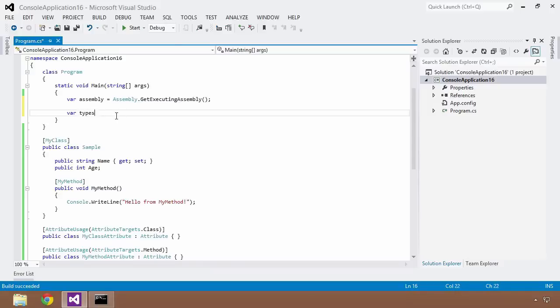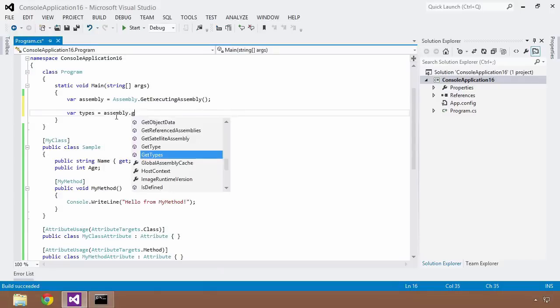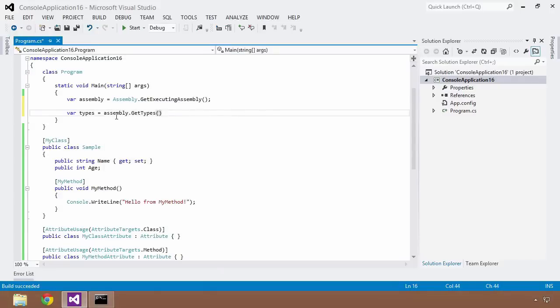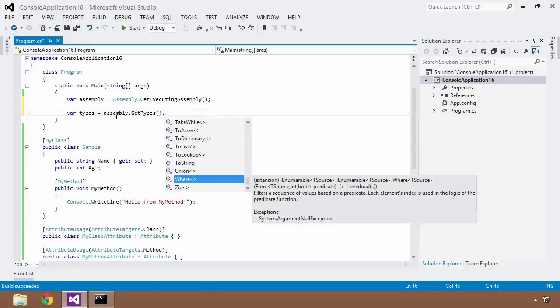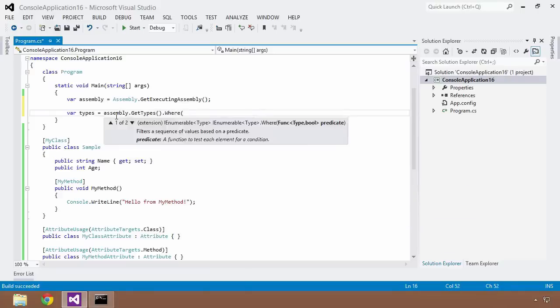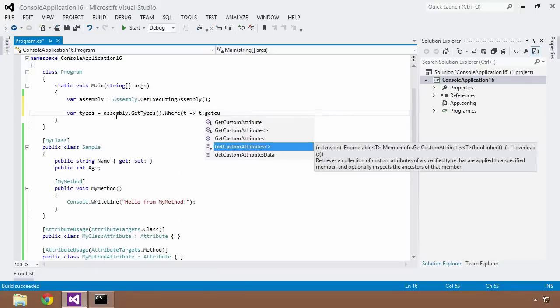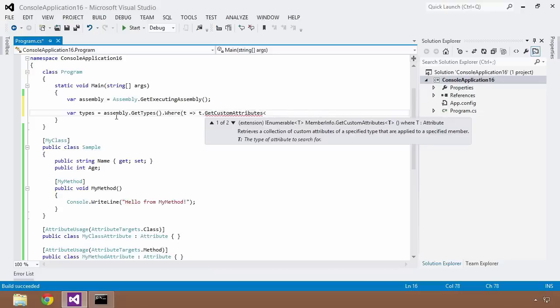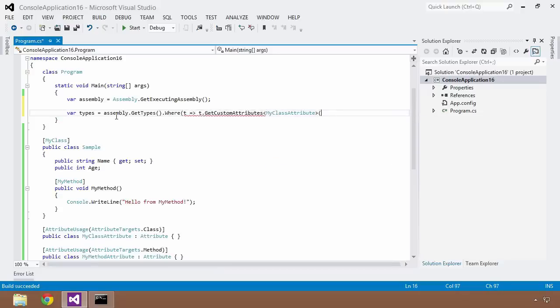We'll call it types just for simplicity's sake. And now I can say assembly.GetTypes, and I want to specify that I want to get the types where GetCustomAttributes, and that custom attribute that I'm looking for is the MyClassAttribute. So I want to get those where GetCustomAttributes count is greater than 0, which